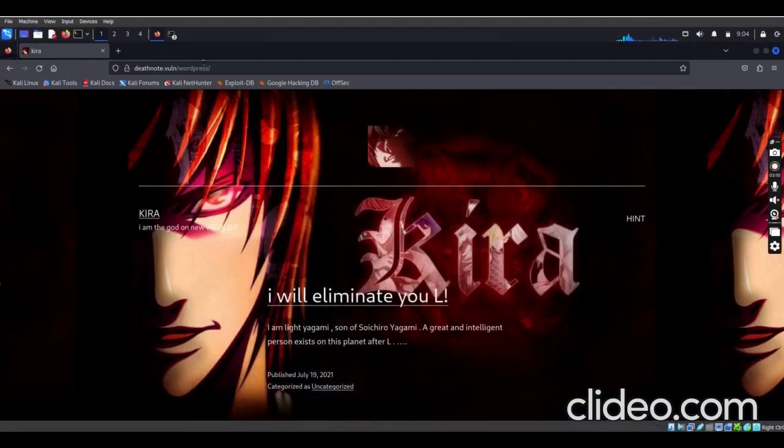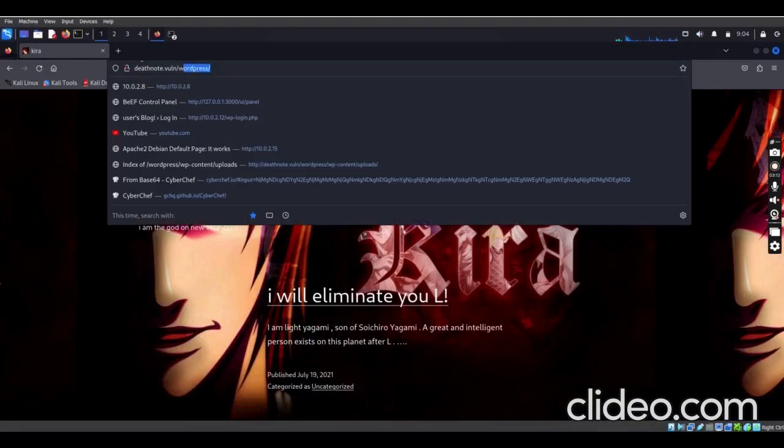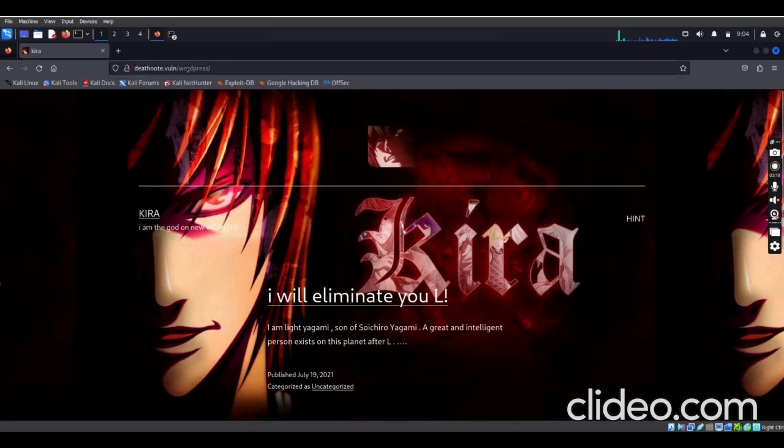If you notice, it changed and gave us this particular website. From the URL here, you can see that it is actually running on WordPress. WordPress is a content management platform which is used to build websites. So the platform used to build the website hosted on this server is WordPress.